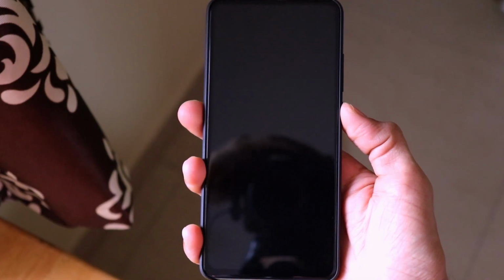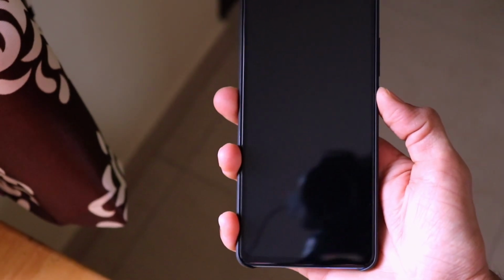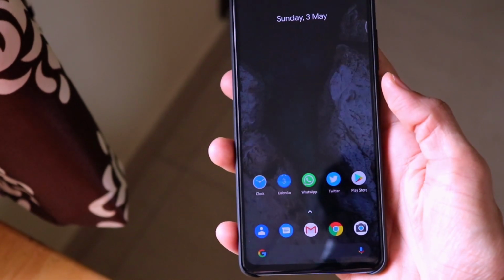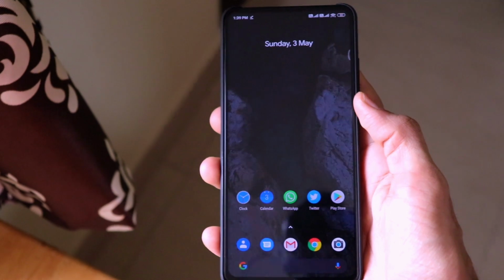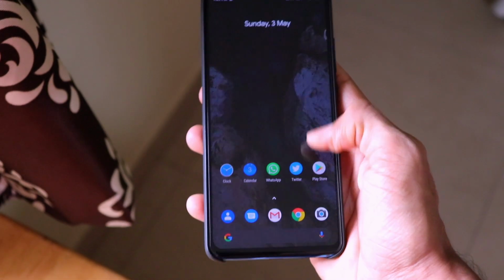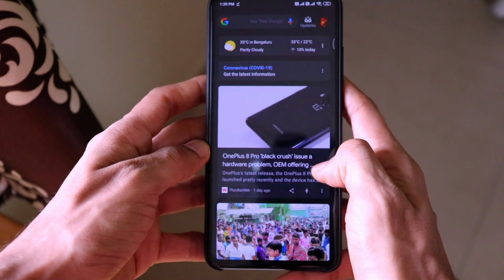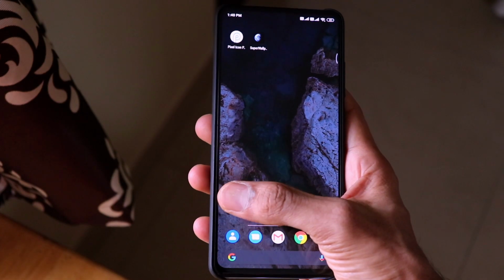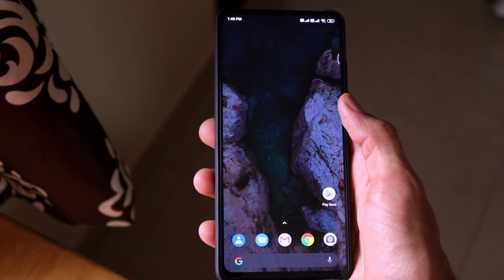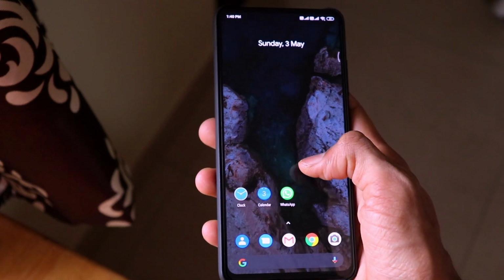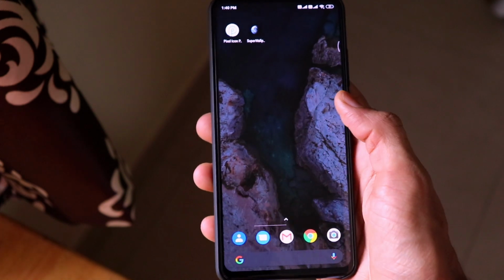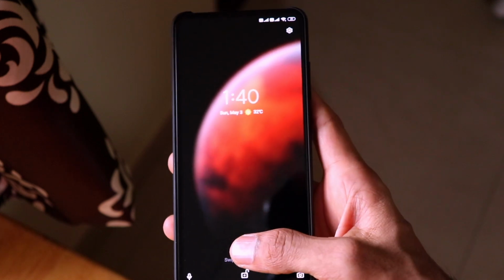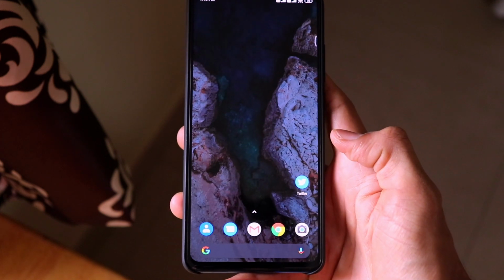As you can see, we are in our lock screen right now. In order to check out how cool this wallpaper looks, what we have to do is just unlock your phone, and boom, as you can see, that animated Earth wallpaper will be displayed on your smartphone. As you can see, this looks really cool. This is my default home screen, and when I scroll to the different home screen pages, I can see how this live wallpaper is moving in itself. If I just unlock my phone, it comes like this.